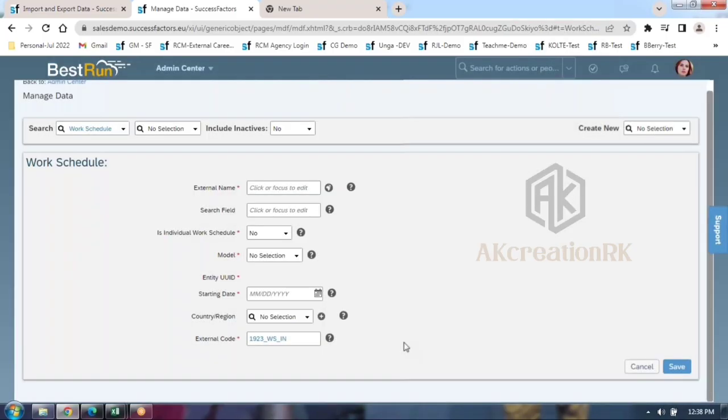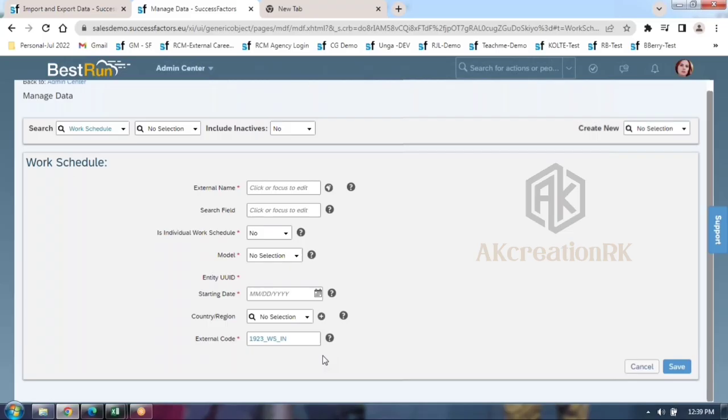Remember, guys, from work schedule onwards, for whatever object you are trying to configure, the code is recommended by SAP SuccessFactors to be a maximum of 10 characters only. Beyond 10 characters, you may get a warning message, no harm at all, but the recommended approach is up to 10 characters. You have to adjust your customer text within 10 characters.